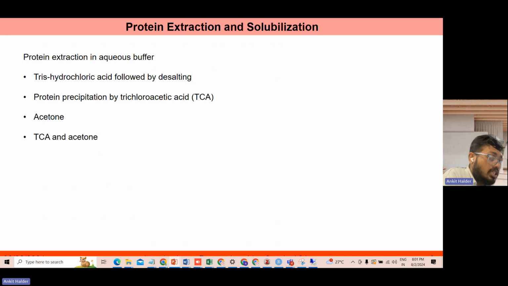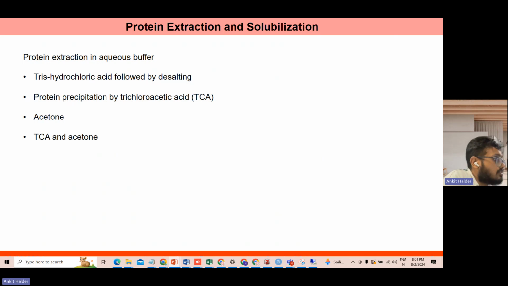If you have plants that contain a lot of alkaloids or tannins or other sap, that brings its own challenge, because there will be a risk that your samples might get diluted. So once we have done that, we need to extract the proteins and solubilize them